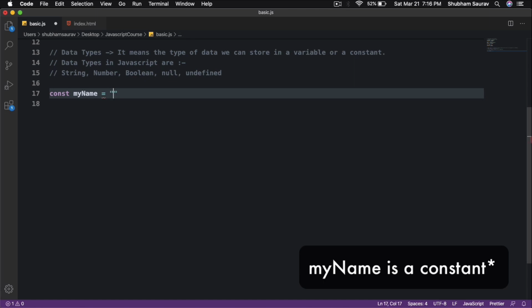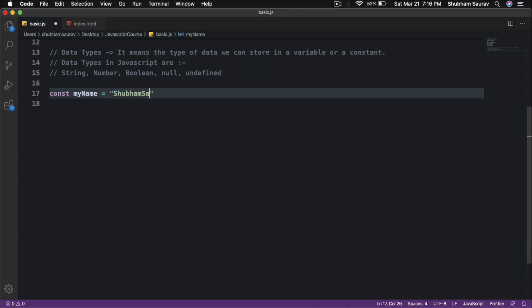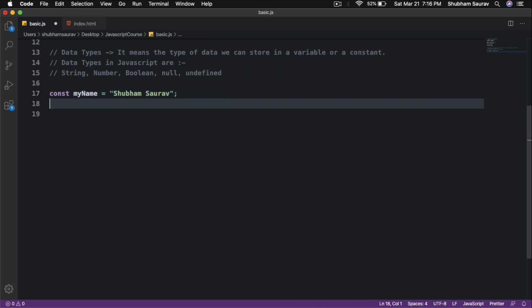I prefer to use double quotation, so I'll use double quotation, and inside of it I'll type in my name with a little space right here, and then I will end the statement. I will end this line with a semicolon,